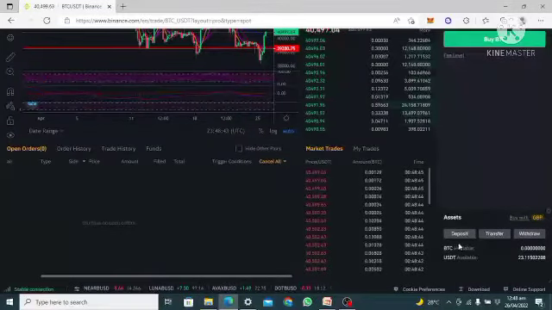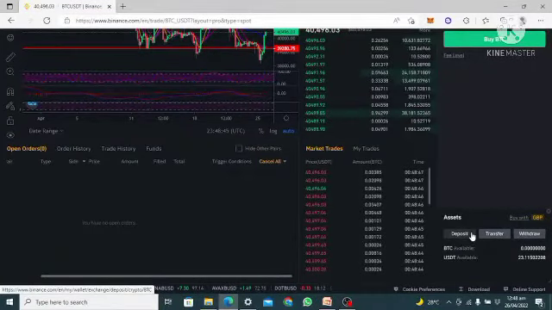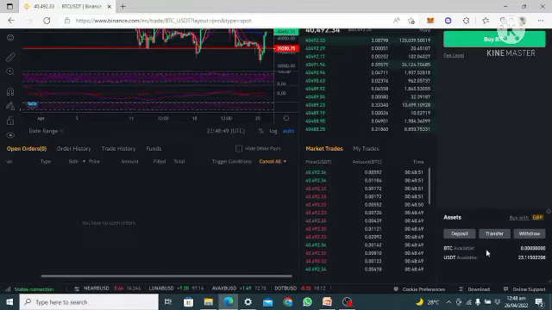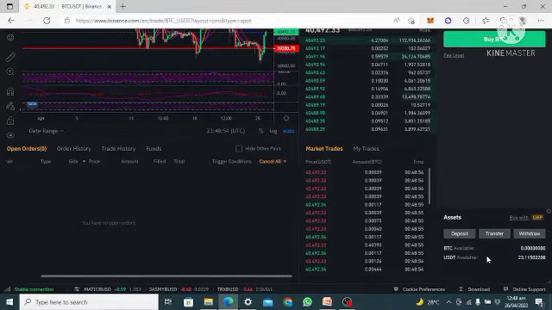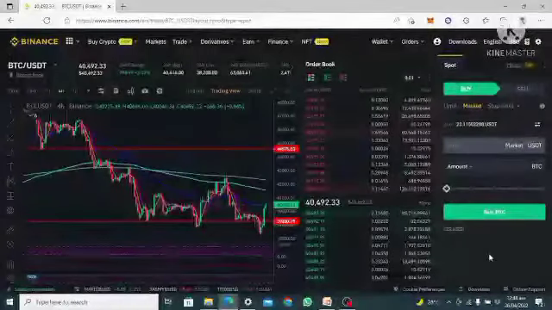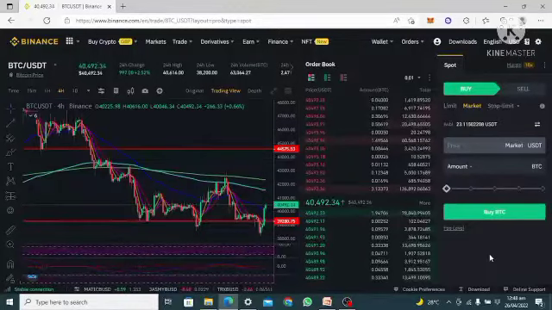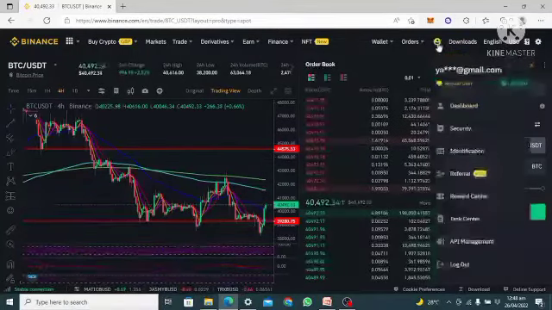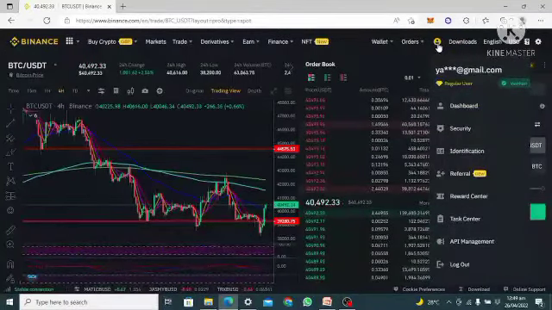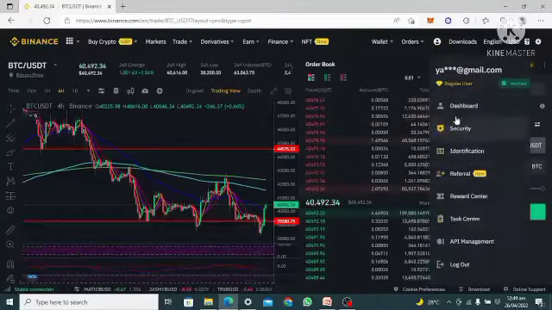So here is where you can deposit, if you want to deposit money to your account, transfer, withdraw, and the available balance of the asset, which is BTC, and this is the available balance of your capital in your account. That is that for that. Not much. If you want to see your profile, this is where to see your profile.